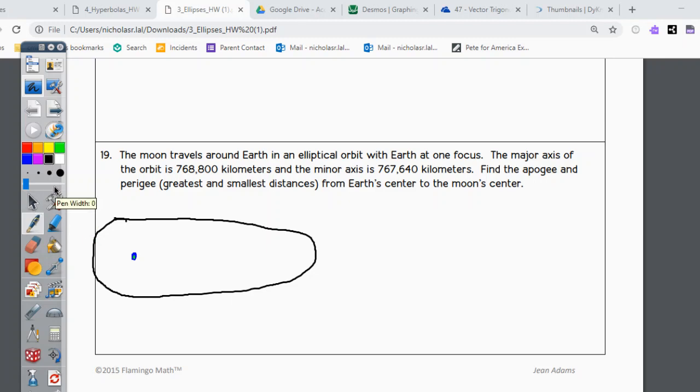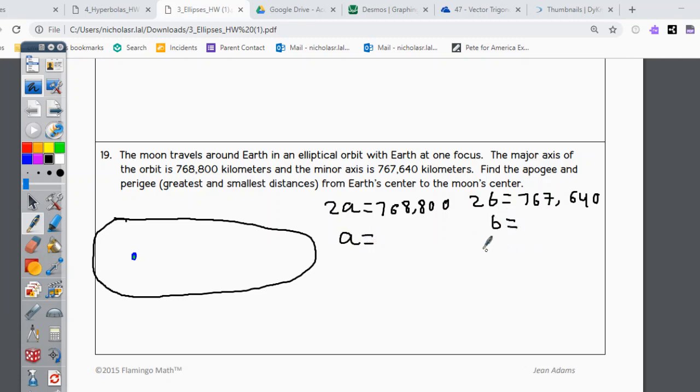The major axis of the orbit is 768,800. So the major axis, 2A, is equal to 768,800. And the minor axis, 2B, is equal to 767,640. So first of all, we have the major axis and the minor axis. We need to find the semi-major axis A and the semi-minor axis B. So